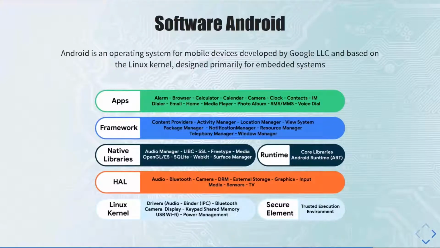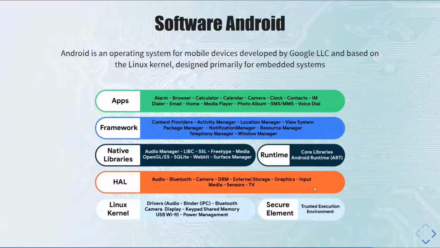Android is the operating system for mobile devices developed by Google and based on the Linux kernel. As you can see from this block diagram, on the lowest level there is the Linux kernel with a secure element based on TEE, the Trusted Execution Environment. One level above, there is the hardware abstraction layer, where standard interfaces for hardware providers are defined, making Android independent